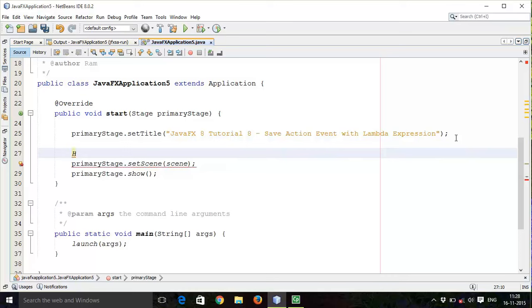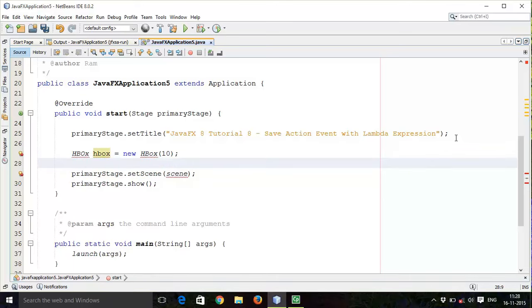Then I will add an HBox equals new HBox of spacing between child elements 10.